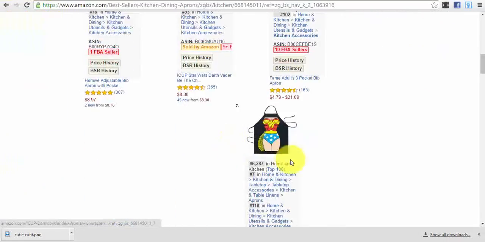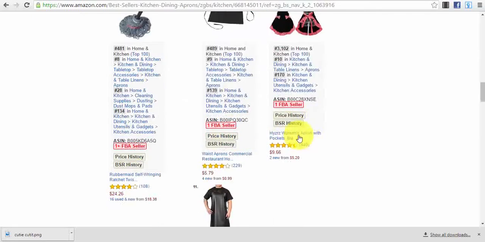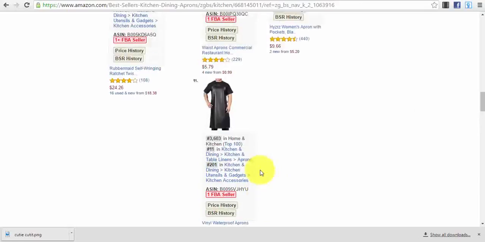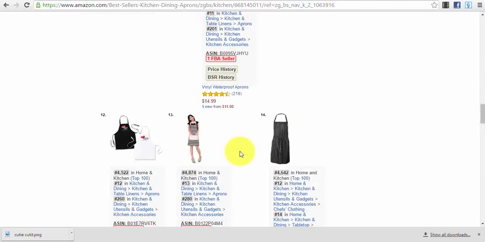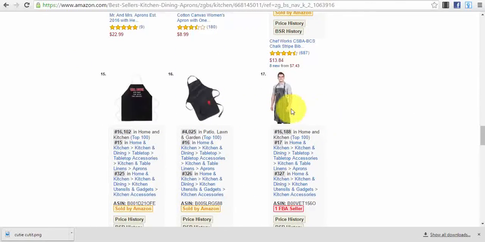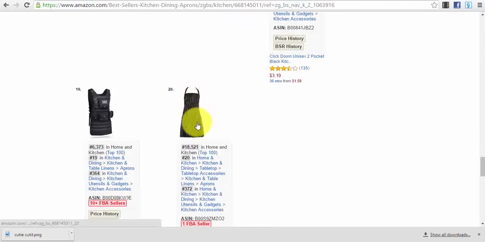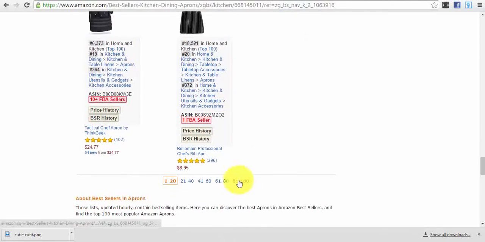Okay, there is a chance, but it is more likely for you to find a better product here the deeper you go into the categories, than to find on the first page a product that sells. And that's practically how I found the burger press that I've just showed you before. Okay, and this is how you can find the aprons.